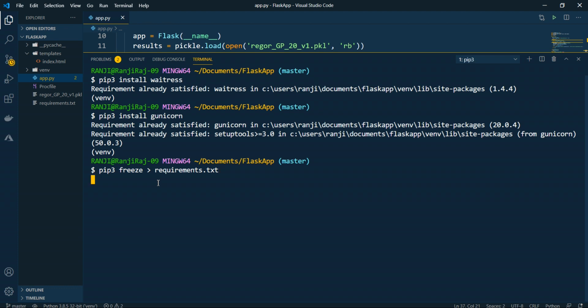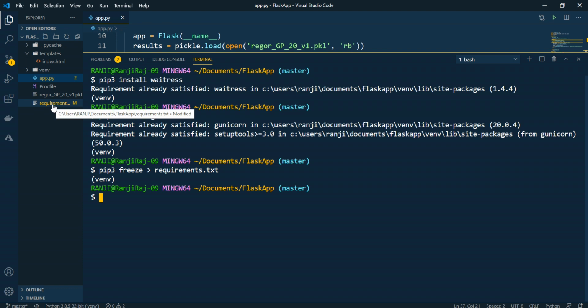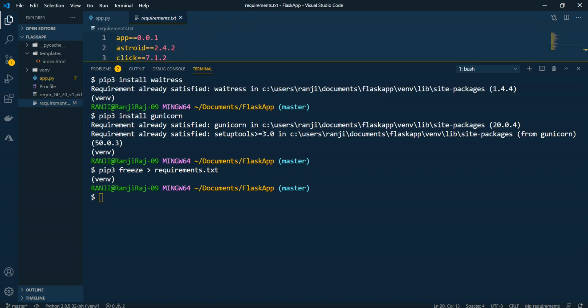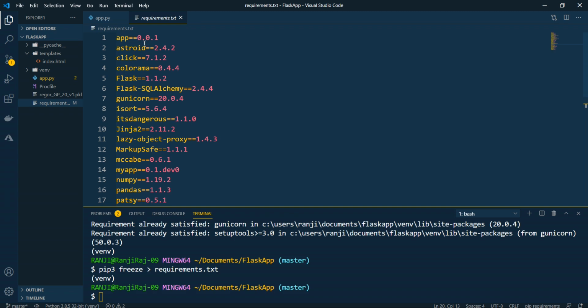So if I just enter this, you can see this particular source control, one pending change, and you can see I already had the requirement.txt. For you it might not be there, or it will be showing as U with a green highlighted symbol. For me it is modified, and if I look at the contents inside this, you can see there are different packages. What you see in yellow are the packages, and on the red or pink side you have the version for each. So this is identified by default.